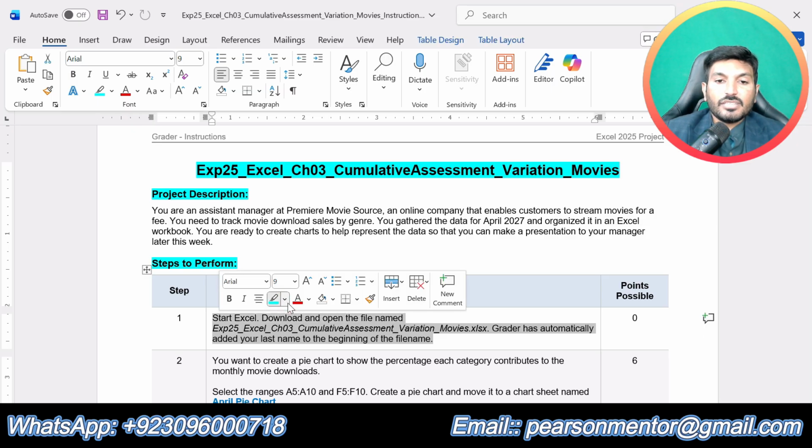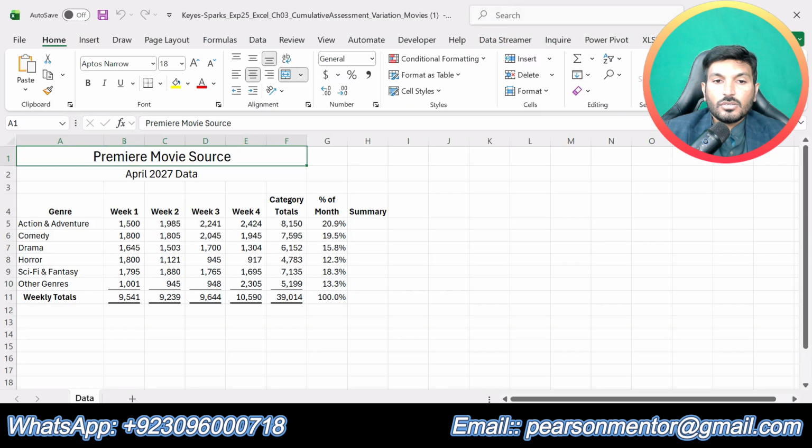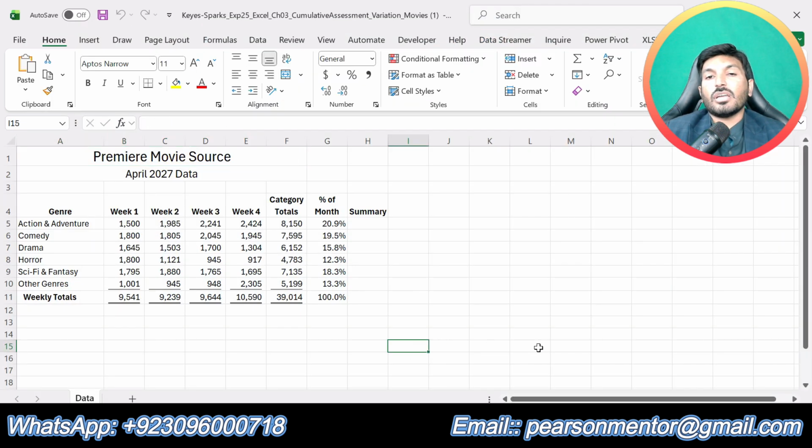So step number 1 is saying, start Excel, download and open the file named EXP25 Excel Chapter 3 Cumulative Assessment Variation Movies. Grader has automatically added your last name to the beginning of the file name. So this is the Excel workbook that we're going to use to solve this assignment.